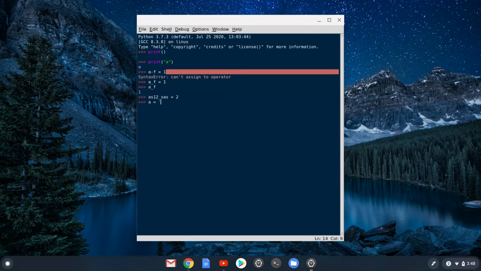You can also assign strings, or other variables, like A equals underscore AF, and then print A. And if it's not a variable, you'll get an error. So that's a function. You've got a lot of them, like input,